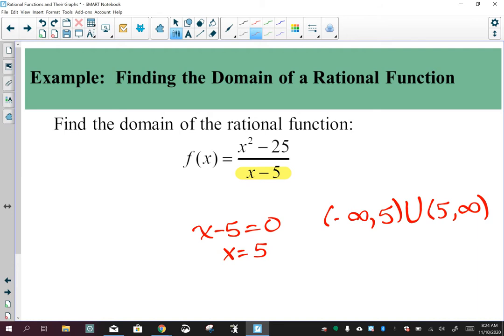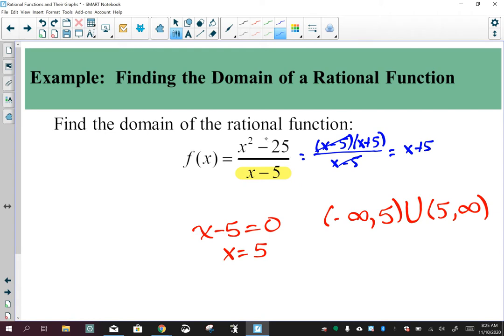Now, if you take a look at this specific problem here, this is where you need to be careful, because this top piece actually becomes x minus 5 times x plus 5. Which means on the bottom, again, I have x minus 5, so this can cancel, leaving me with an x plus 5. A lot of you might think, oh, well, it's a line, and since it's a line, I don't have to worry about anything. It's going to be all real numbers. The answer is still no. Even though you canceled this piece out and this is all that you're left with, you still have that restriction